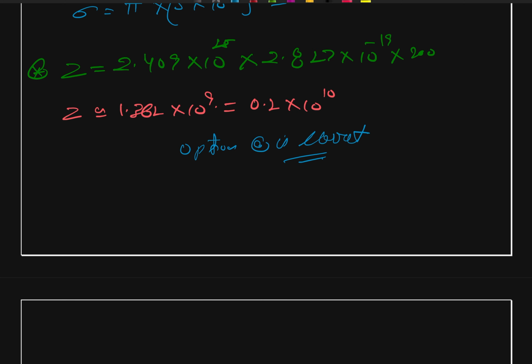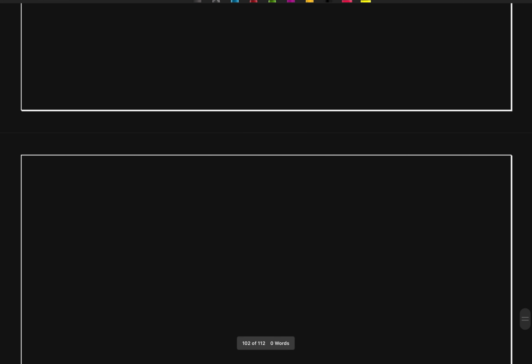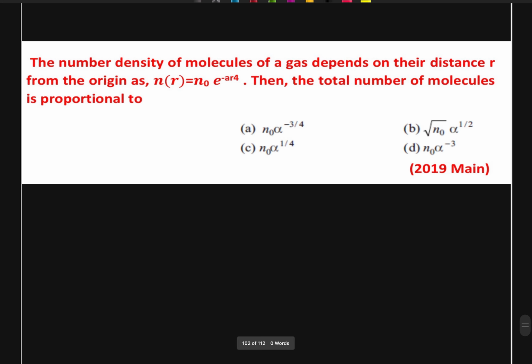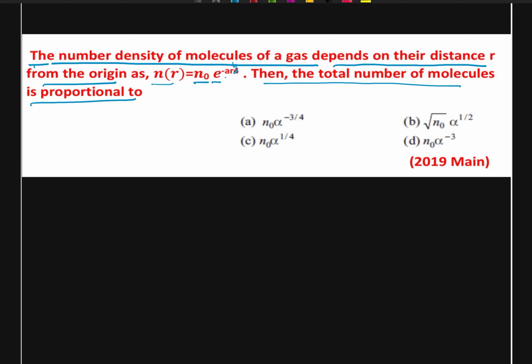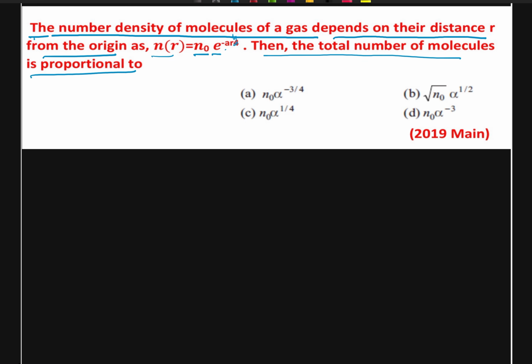Next question. It states that the number density of the molecules of gas depends upon their distance r from the origin, as n of r is equal to n naught e raised to power minus alpha r, this should be raised to power 4. Then the total number of molecules is proportional to,